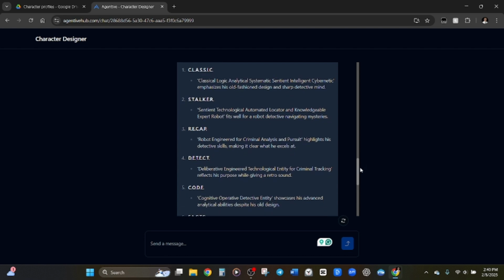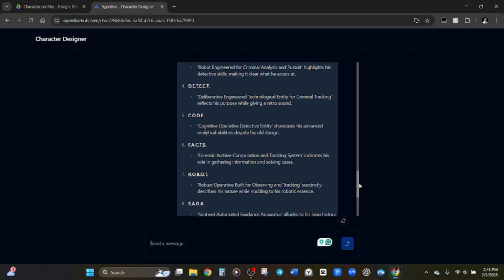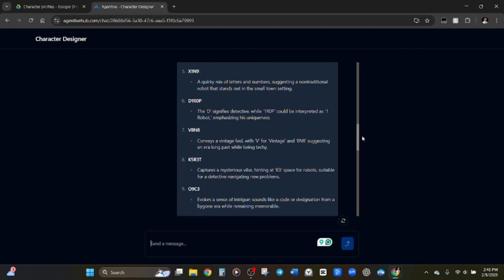Personally, I've found that acronyms are better for naming plot devices than characters. But since AI is really good at acronyms, for example, let's look at RECAP, Robot Engineered for Criminal Analysis and Pursuit. It's actually kind of a bland one, bad example. Classical logic, analytical system. See, that's awesome. And so ChatGPT is good enough at acronyms that I figured I'd throw it into this prompt template that you use whenever you name